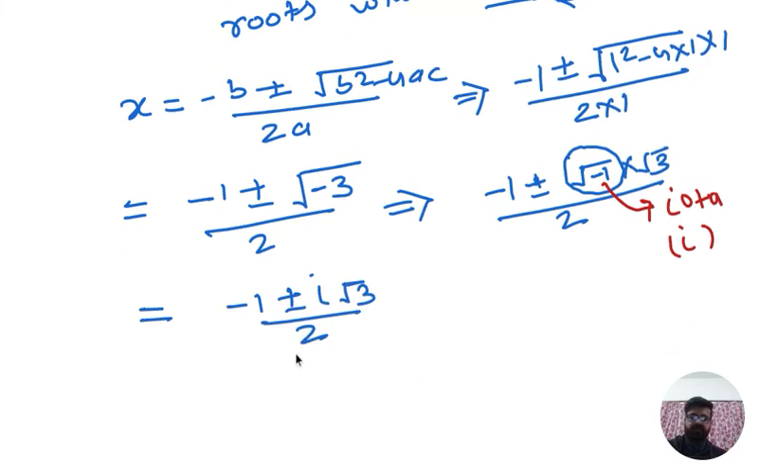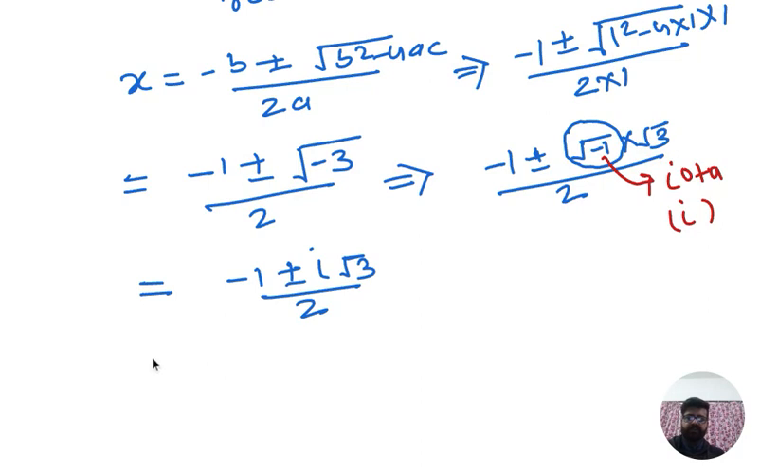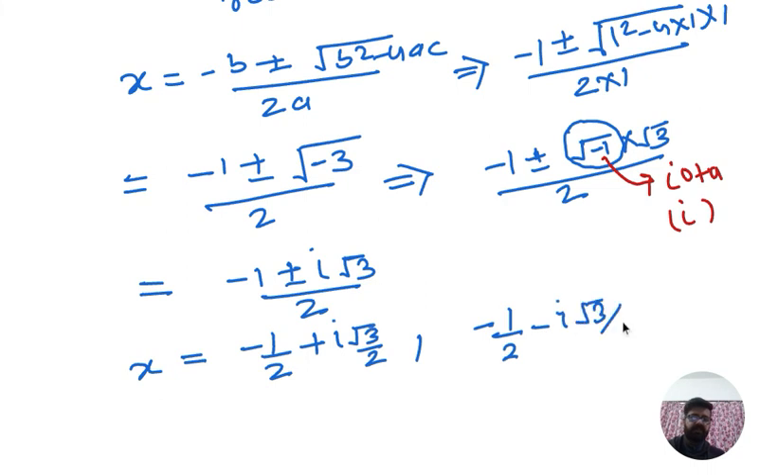Now we will write the two values of x. One is minus 1 divided by 2 plus i under root 3 divided by 2, and the second root is minus 1 by 2. Here I took plus, so in the next value I will take minus, and this is root 3 by 2. So as you can see,